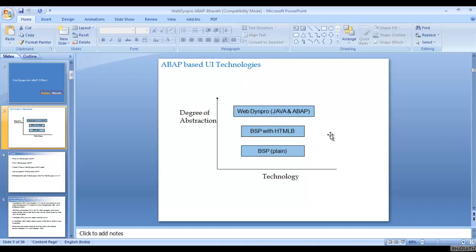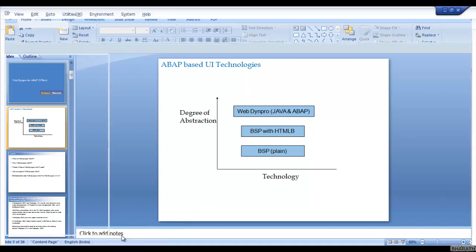The challenge in BSP is that to design the screen layout, we have to do HTML coding. It's not WebDynpro ABAP flavored. In WebDynpro ABAP, we can do drag and drop like we have seen.